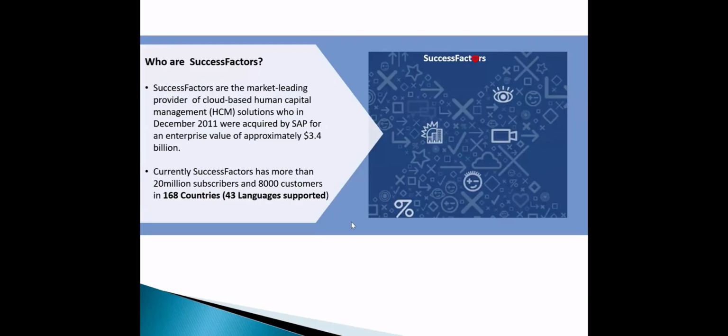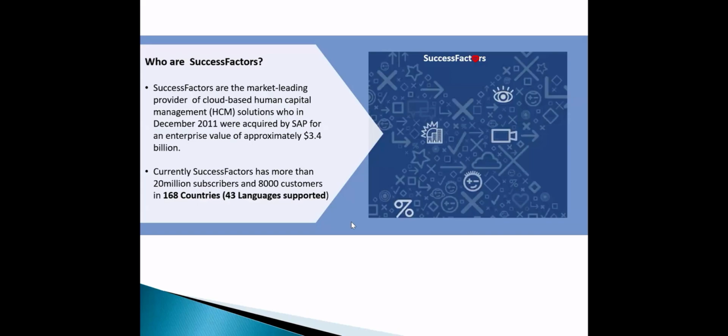So you have your customers for SuccessFactors in the Asian market, the Southeast Asian market, in the Middle East, in Europe, in the USA. Across the geographies, you have SuccessFactors customers. And that shows us the global consulting opportunities we have at SuccessFactors. A lot of on-site opportunities in this area.